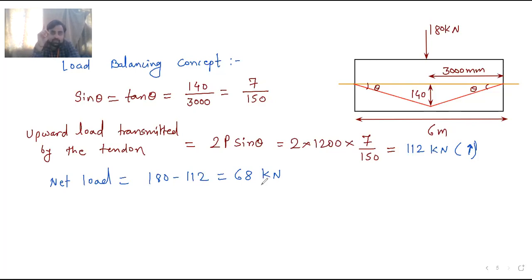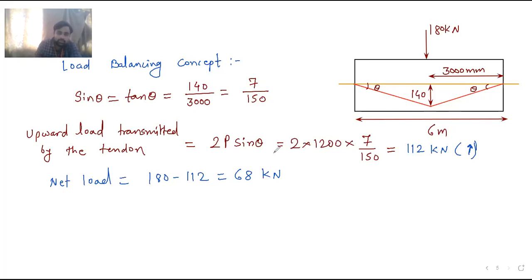When you are dealing with the strength concept or pressure line concept, then there are only two terms. First term is C by A and second term is CE dash by Z. C by A and CE dash by Z. When you are dealing with the load balancing concept, after strength concept, there are two terms. First is P by A and second is M by Z. Okay, P by A and M by Z. I hope now it is clear to you.